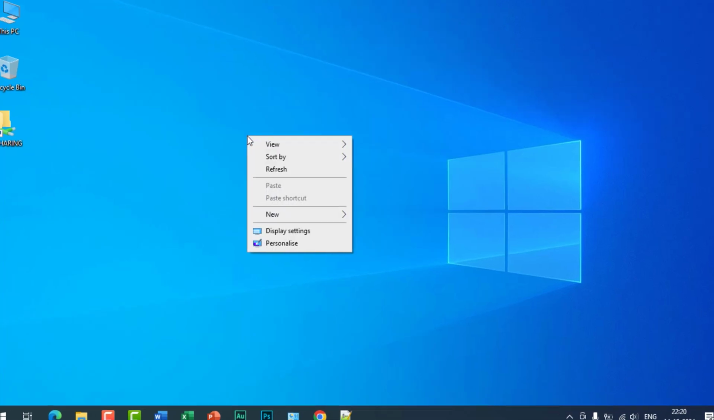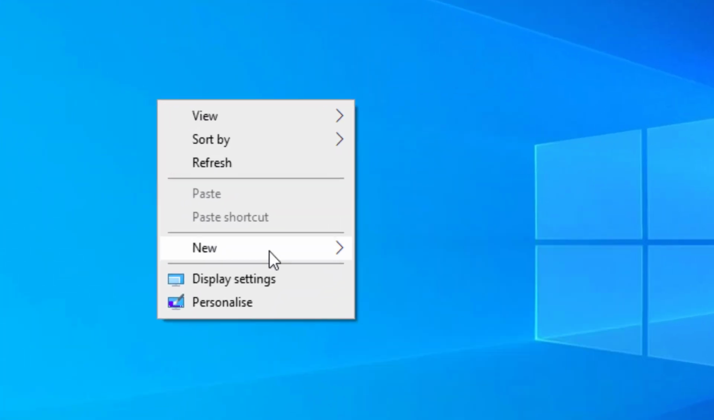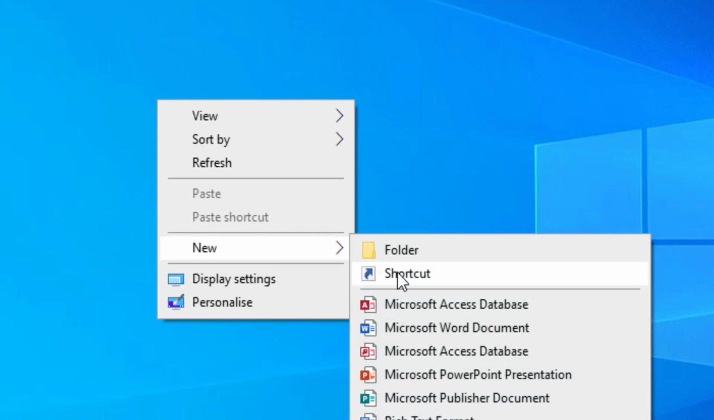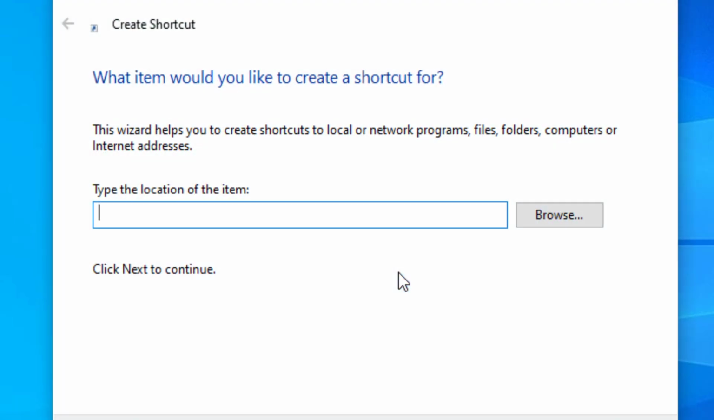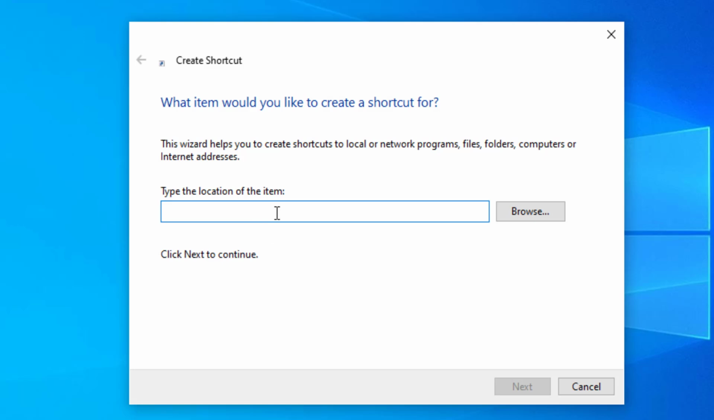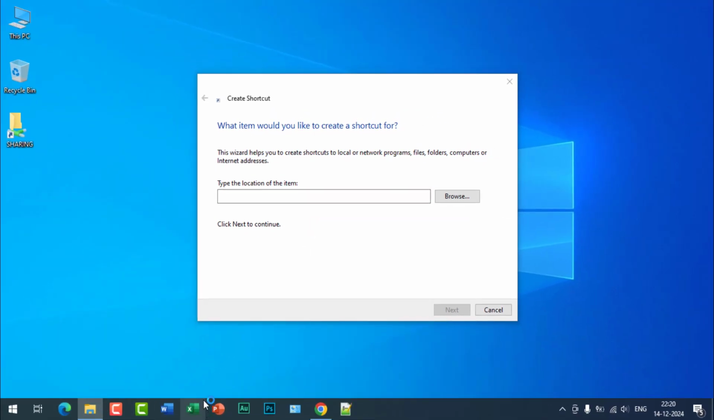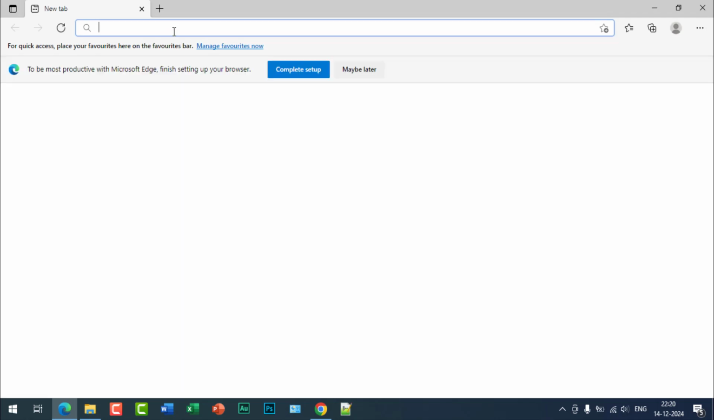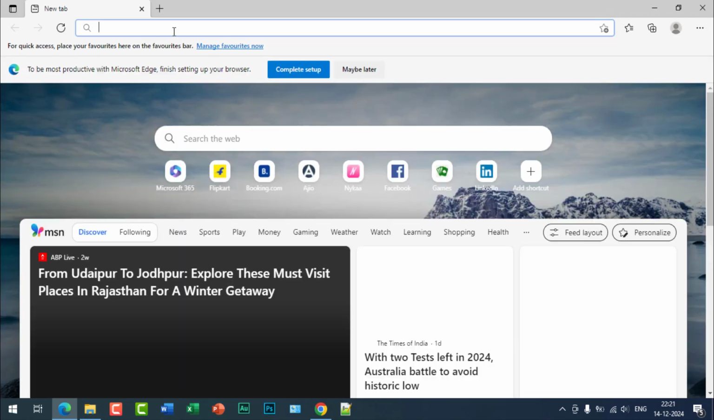Right click on the desktop, navigate to new, then shortcut. You can write the URL of your website or copy paste from the address bar. You can see